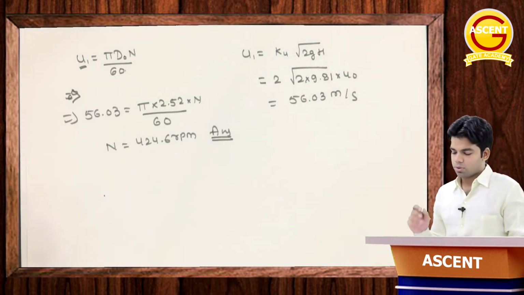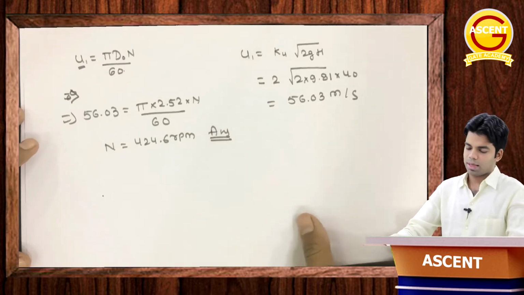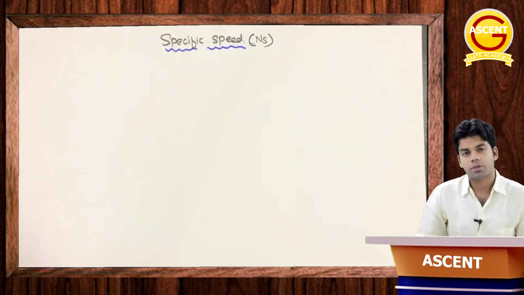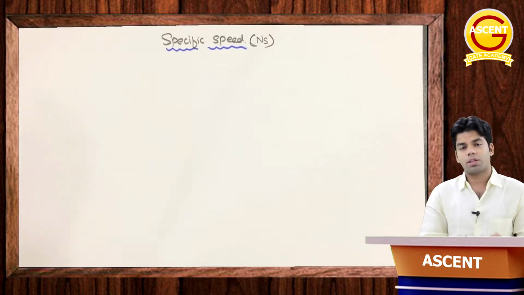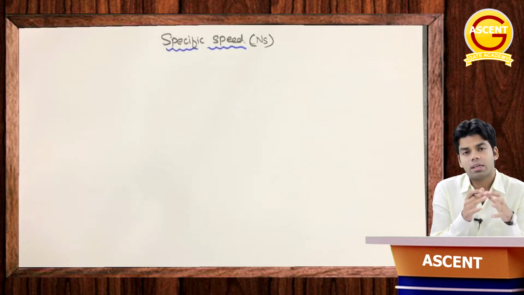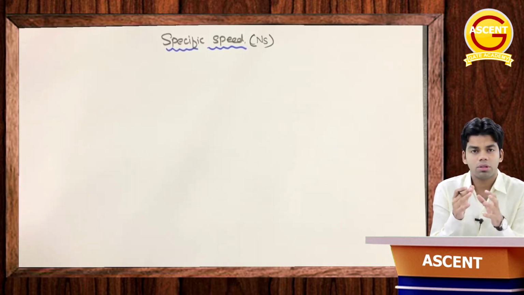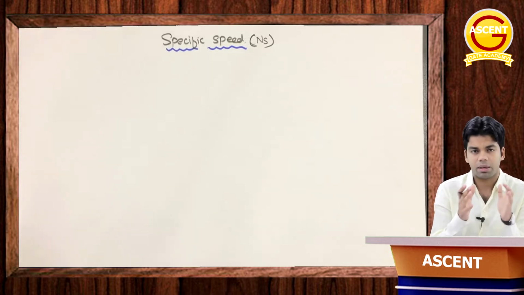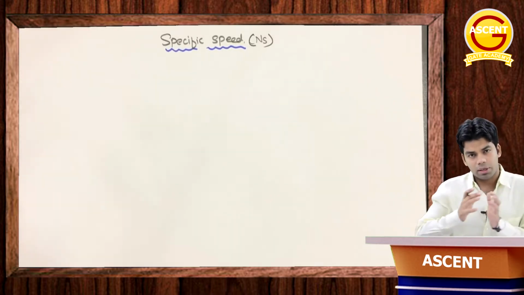Getting this now? Okay, so this is how we can solve the questions of this Kaplan turbine. Next is the specific speed. Now what is the specific speed of a turbine? The specific speed of a turbine is the speed of the geometrically similar turbine which under unit head will produce unit power. Okay, that means if we are having a geometrically similar turbine,